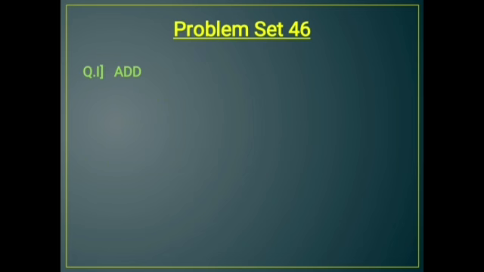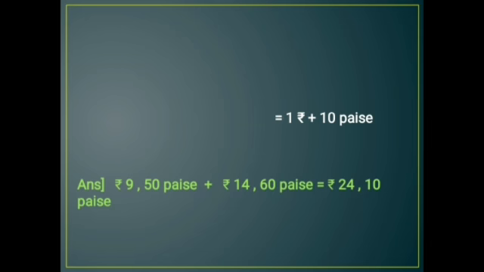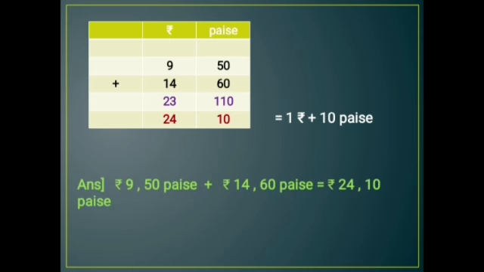Question number 1, add. So we are going to start with our addition, that is 9 rupees 50 paise plus 14 rupees 60 paise. The solution is, we are going to draw the two columns. One will be rupees column and second will be paise column. So in rupees it is 9, in paise it is 50, that is both the digits will come in one line, in one column. Then plus 14 rupees and 60 paise. So when we add it, we get the answer here. 50 plus 60 is 110 and 9 plus 14 is 23.